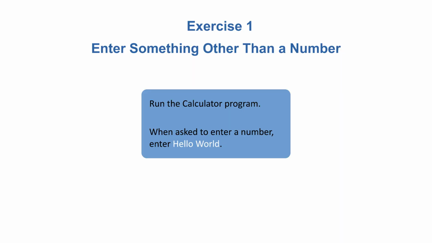Let's explore what happens if you run your calculator program and enter something other than a number. Exercise 1. Enter something other than a number. Run the calculator program. When asked to enter a number, enter Hello World. What happened? The program should have stopped running, and you'll see many red messages in the console pane. You'll need to look through those messages for the type of exception thrown and what line of code threw the